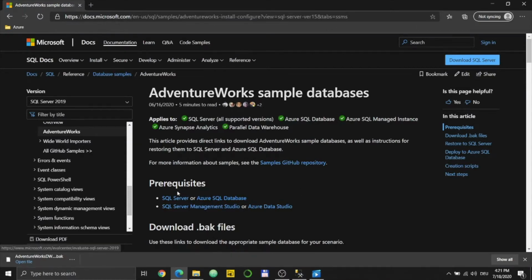you'll see the prerequisites, what you have to have before you even download the backup files. The backup file is the database backup file from SQL Server. So here you see SQL Server or Azure SQL Database and SQL Server Management Studio or Azure Data Studio. If you don't have any of these, I would just recommend you download SQL Server, and